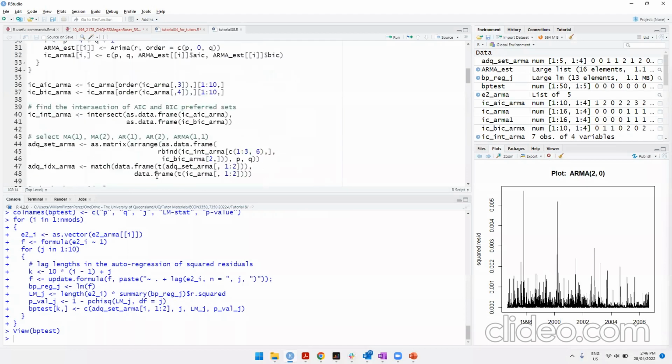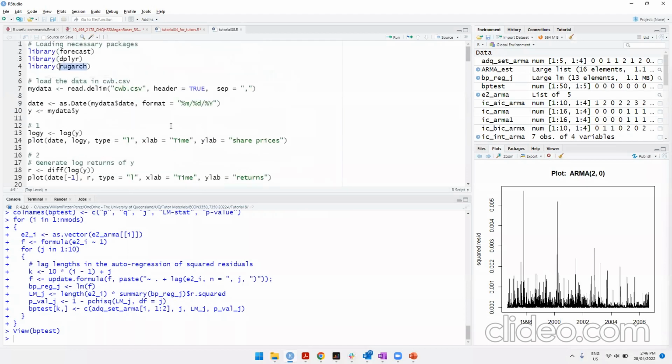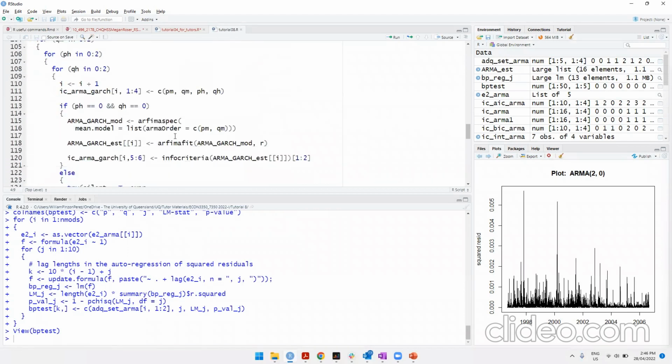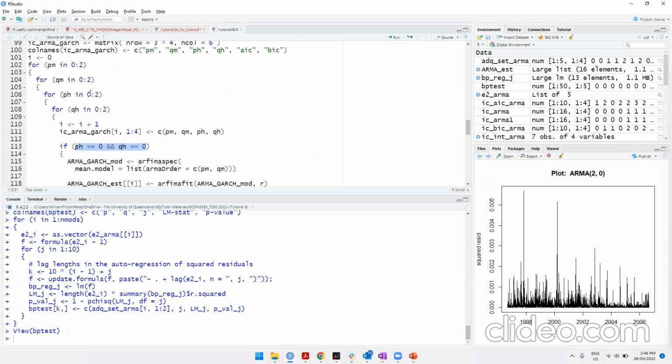For that, we are going to use this GARCH package. The only caveat with the GARCH package is that when we are estimating this model and we don't have any ARCH or GARCH effects, that's possible given the combination of the numbers. We know that these models are very likely not going to be a good fit. But numerically, those iterations are going to happen. So in order to prepare for that,